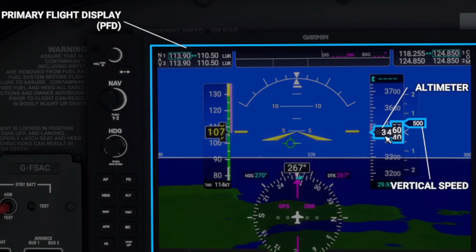Unlike the analog gauges in the Cessna 152, this digital display lets me fly IFR much more effectively, especially when there are no visual references outside. That's why this episode is called IFR Navigation. Throughout this flight, I'll be using the PFD to maintain heading, altitude, and follow ATC instructions accurately under instrument flight